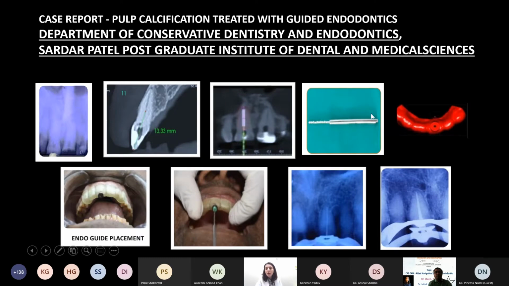After that, they took the intraoral scan and created this guide with the sleeve. The patient came and they tried this template on the patient, and this is how they used this burr to go inside the canal. So that's the working length, and this is the obturation done. A really beautifully done case. Heartiest congratulations. This article will soon be published in a national or international journal.